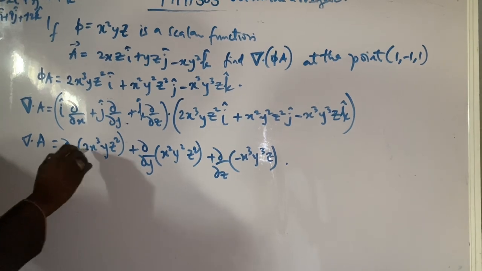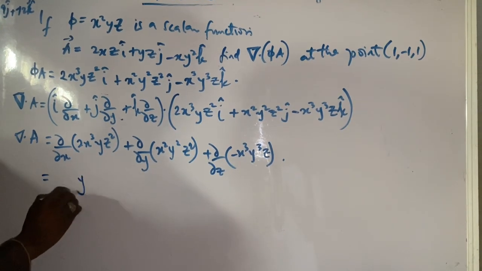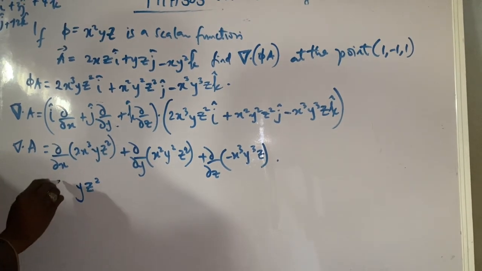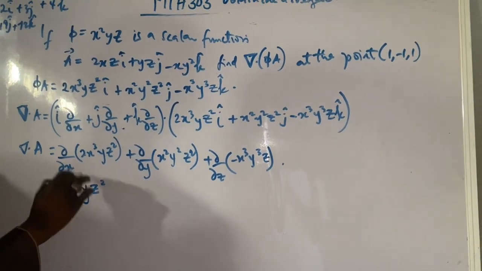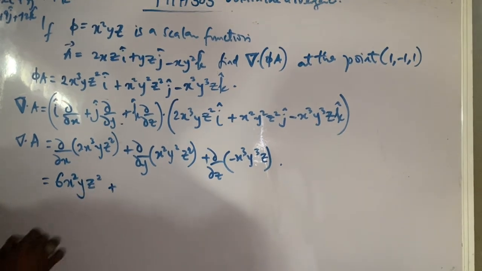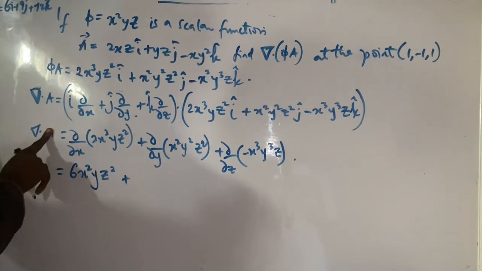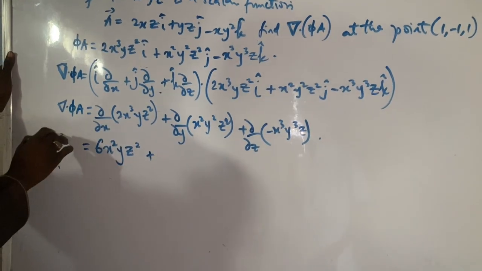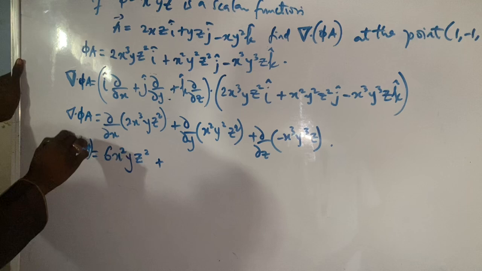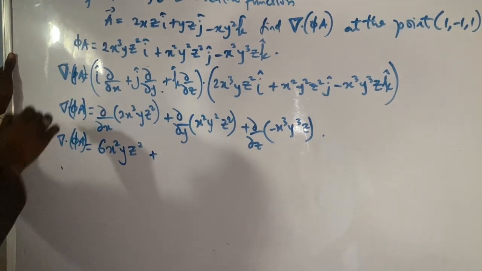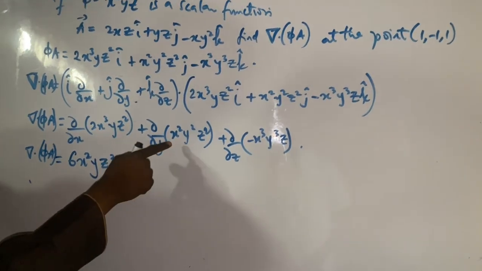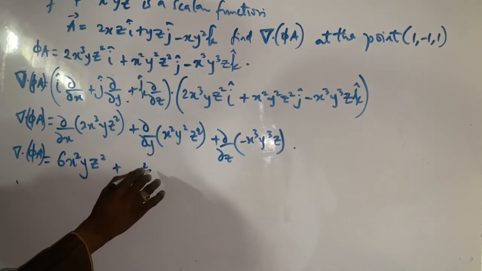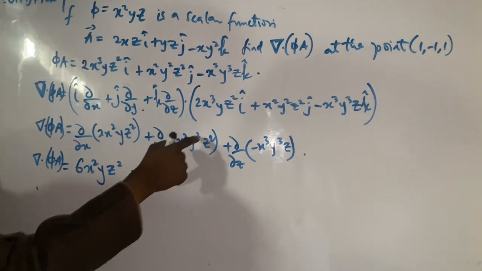So del x, what is happening now? Let us differentiate this with respect to x. That means y is a constant, z squared is a constant. Then 2x cubed differentiated, that is 6x squared, plus, that is the divergence of phi A so far. So we keep going, differentiate this with respect to y. We treat x squared as a constant, z squared as a constant. Differentiate y squared,